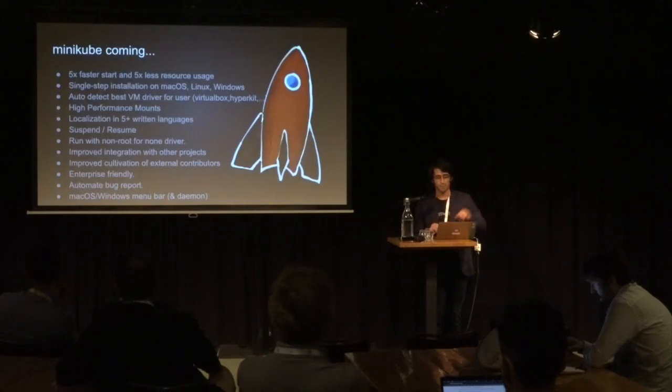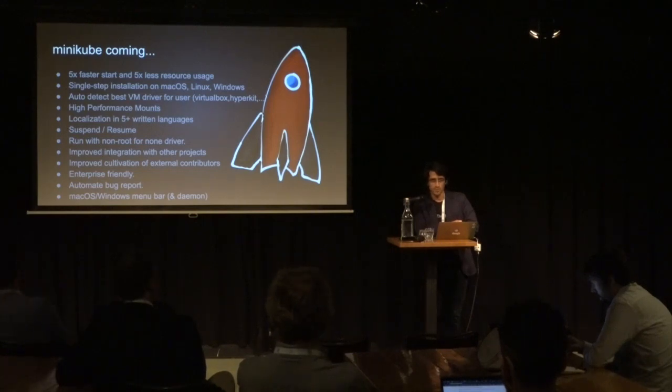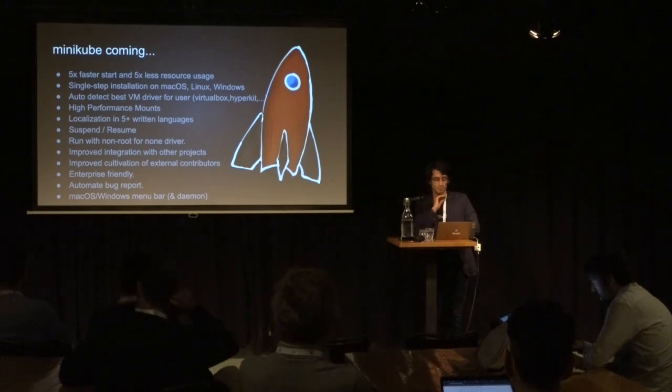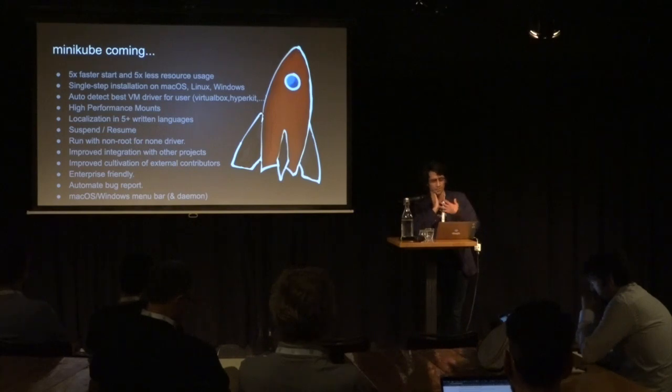What is coming in Minikube? Five times faster, five times less resource usage, single step installation. Right now, if you have to install Minikube, you have to install VirtualBox or KVM or HyperKit. And those things could be frustrating, especially for new users, like go install VirtualBox and install this driver. So it's on our roadmap to make it a single step installation. The user should not even need to know what VirtualBox or HyperKit or KVM is. We should just detect it for them: based on your machine, the best thing for you is HyperKit, or the best thing for you is KVM. And we are also moving away from